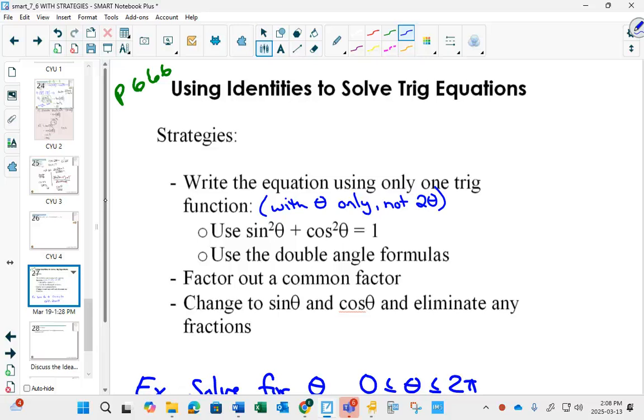We're going to look at a whole bunch of new strategies when we have to use identities in a solving question. You have already used identities in solving questions in chapter 6 even. We had it on our quiz where we had to change the cos squared in an equation to 1 minus sine squared. That's using an identity. So here are some overall strategies, and then we need to practice questions to get good at these strategies. So I'll let you write those down. These strategies include